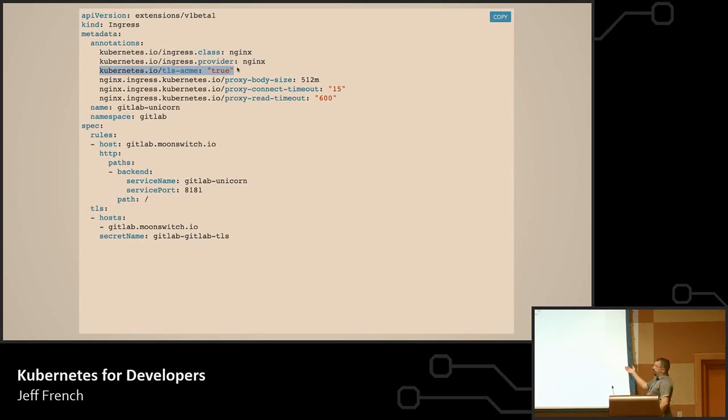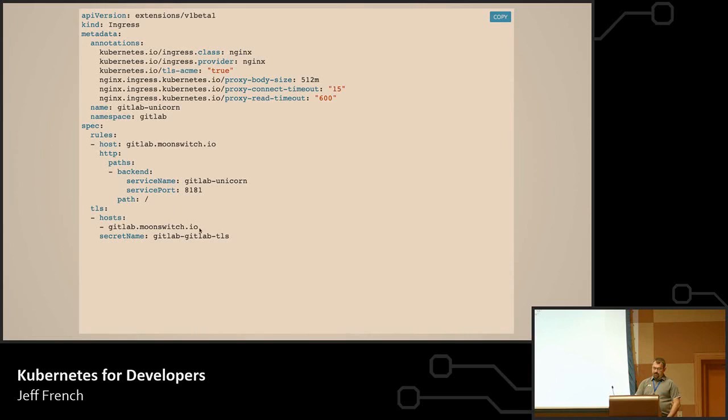This is because this came from a cluster where I was running cert manager. Cert manager is an operator that interacts with Let's Encrypt to automatically request, validate, and renew SSL certificates for your ingresses. So the fact that I simply put this one little annotation on my ingress is going to let the cert manager operator see that, read it, and say, oh, okay, I know what to do. I'm going to go request an SSL certificate with this host name, and I'm going to store it in